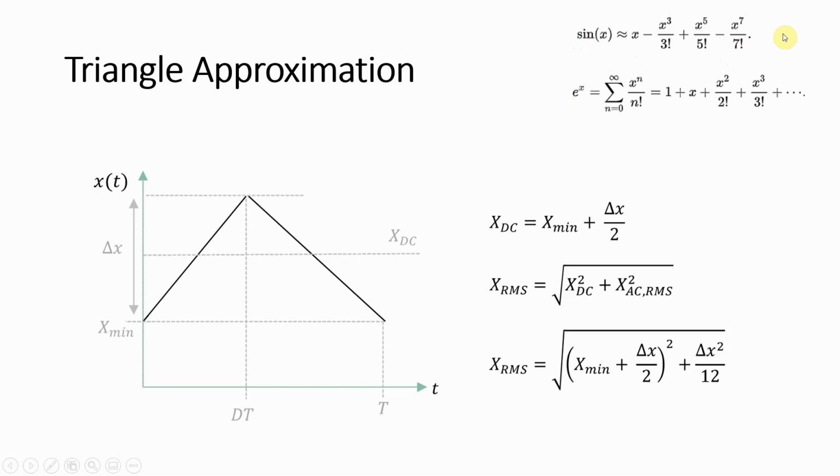This is an infinite series, so there should be plus dot dot dot, ellipsis, I think that's what it's called. But anyways, you can see that if we ignore or remove the higher order terms, we can approximate sine of x with just x. That would be a linear